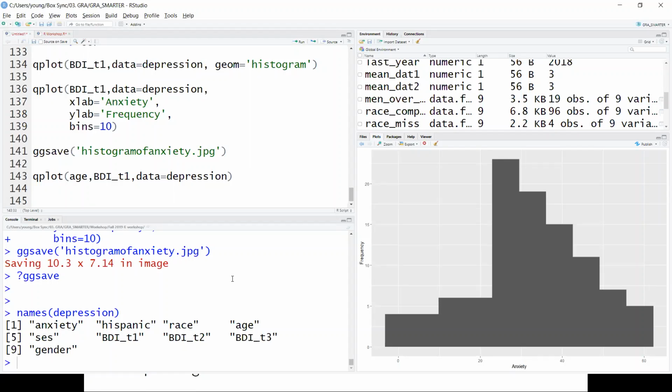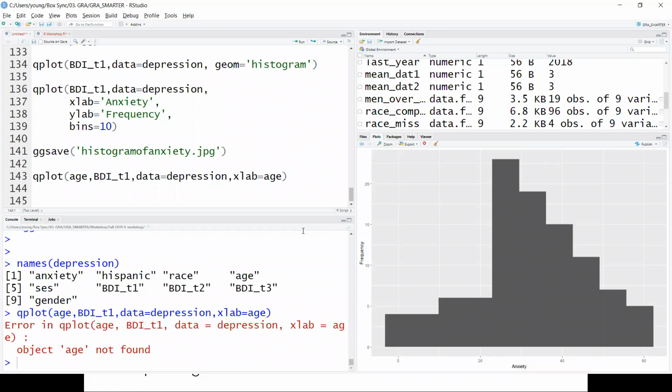And let's label it. I always want to label your plot. So this has to go in quotes, right? Because if I wrote it without quotes, it's instructive to see what the error message would be. If I wrote it without quotes, then it would think I'm referring to the variable age, and I want that to be my X label. And well, I guess it can't find the variable age. But if I do it like that, then it knows I'm talking about the character string age. So it puts that in as the X label.